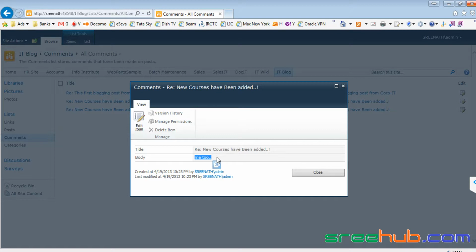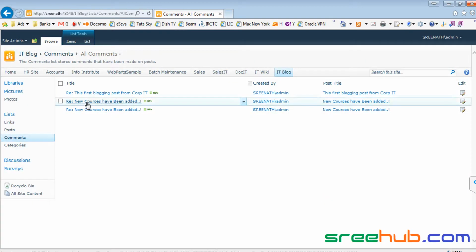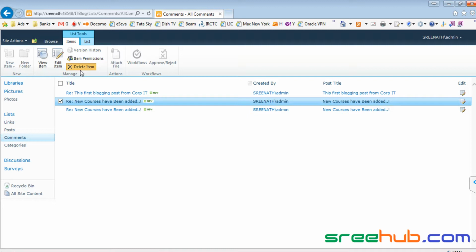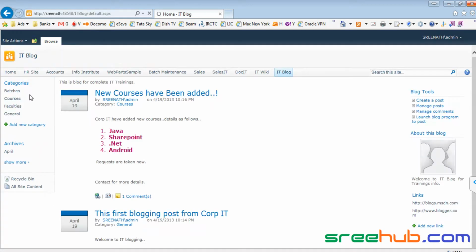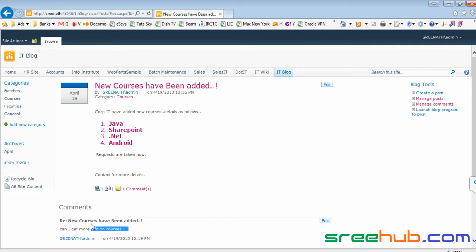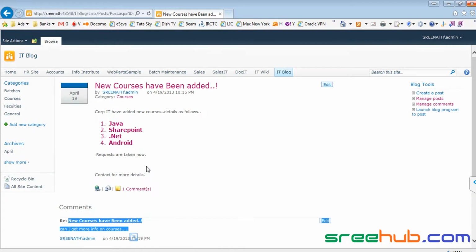And anyway, if you don't want anyone to see this, just click on edit, and either you can edit this or you can delete this item, right? You can delete from here, or just go here, select this, and you get the delete option. Click on delete, which means you have deleted one comment, right? Let's go back and check whether it has been deleted or not. Now you can see only one comment. We have deleted the one called me too, which was again a duplicate. So this is how you maintain comments.